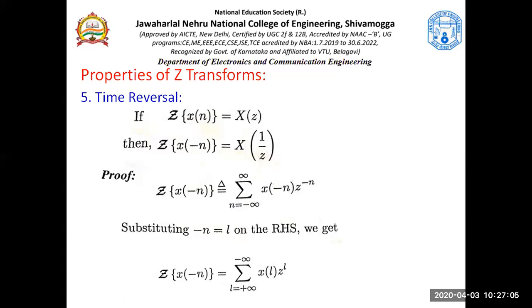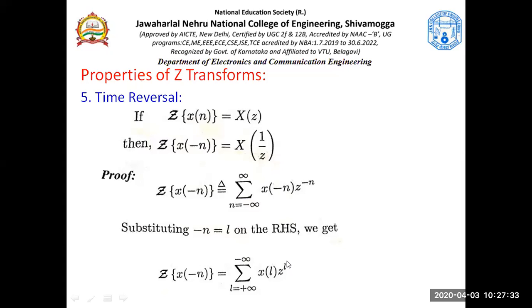Yeah, that is what we've done. So n is substituted as minus L. Instead of seeing minus L, if you want to see plus L, negate this. Minus into plus infinity is going, right? So instead of that, it will be going from plus infinity to minus infinity, and you have x of L z to the power L. But here, this is in some standard form, but here I wanted z to the power